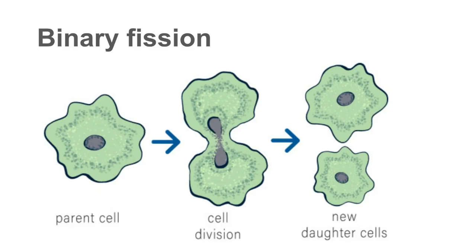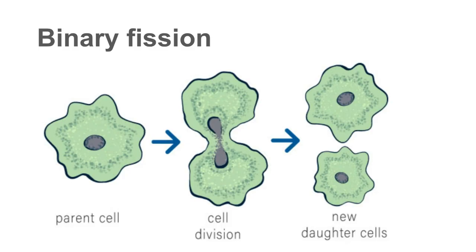Now here's a key idea. This process doesn't just happen once, but it can repeat over and over again. So you can go from one cell to two cells, and then two cells to four cells, and then 4 to 8. You can see it doubles each time, and this is called exponential growth. And this is why bacteria can grow so quickly. For example, when colonies form on an agar plate in a really short amount of time, that's because